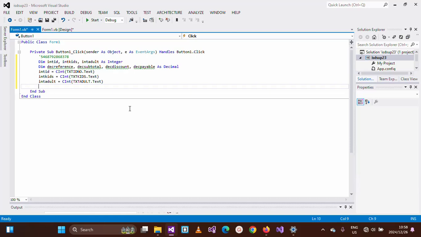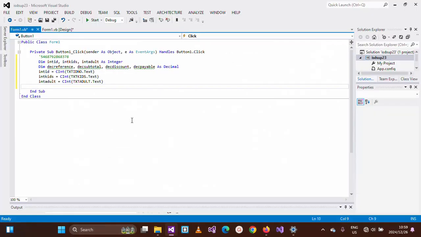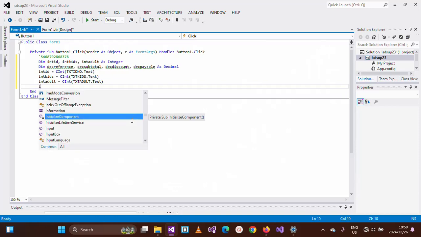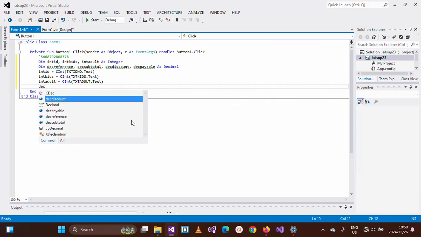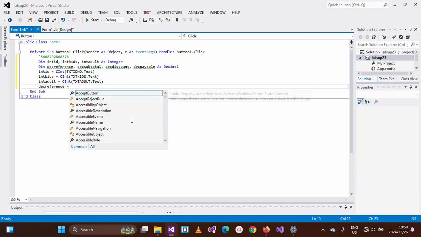The subtracting method, what are we using it for? Wait a minute, take the question carefully. Generate the reference number. So it's for the reference number. I do need one who will listen very carefully. So we come to our reference number. It's the reference number assigned to